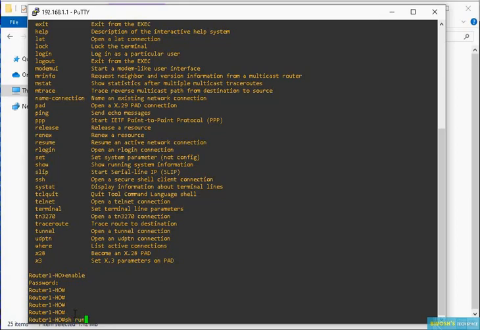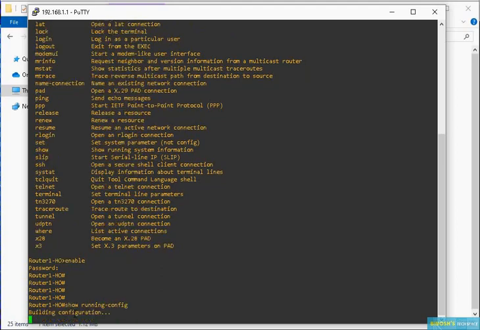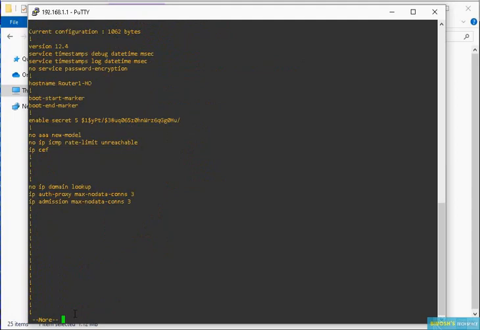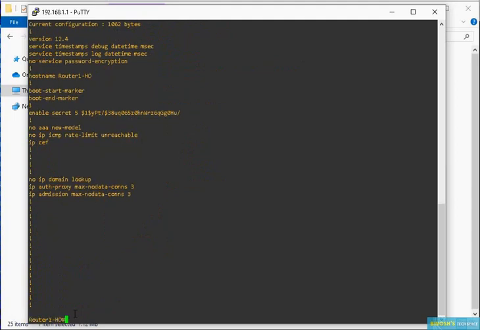So first of all, I am typing the command show running configuration. So it will show the running configuration. Also, you can use abbreviations, so you don't need to type the entire command.